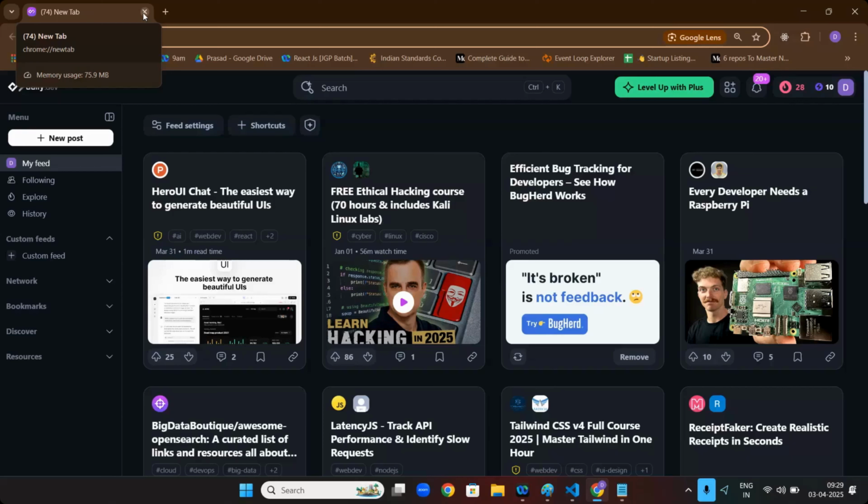Then in future so many errors will happen, so many problems will happen, and all the problems will happen in React only. And at that time, who will solve these problems? React developers only. So the demand will be there, and AI will not stop. It will increase. When it is increasing, React will increase.